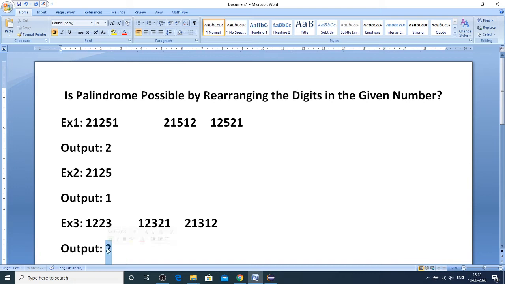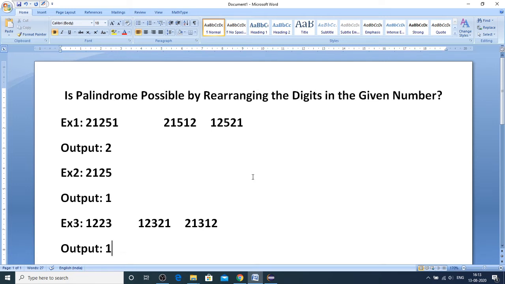Definitely the output should be returned now 1, because 1223 can never be a palindrome. Something like this. You just need to understand that you can rearrange the digits but not remove any digit, and then you should tell if the number is a palindrome or not. If the number can be a palindrome with the rearrangement, you should return 2, else you should return 1.